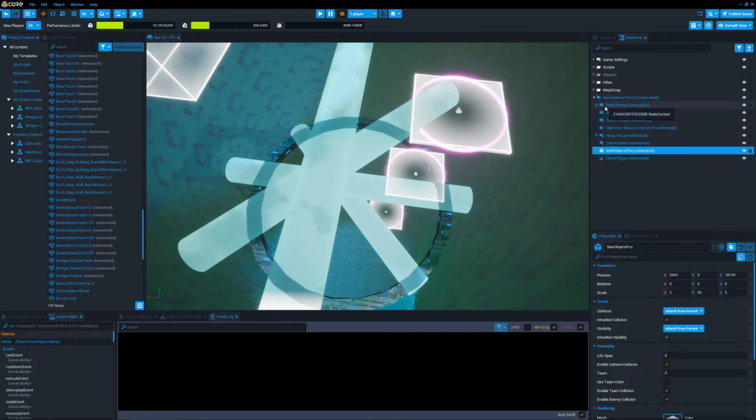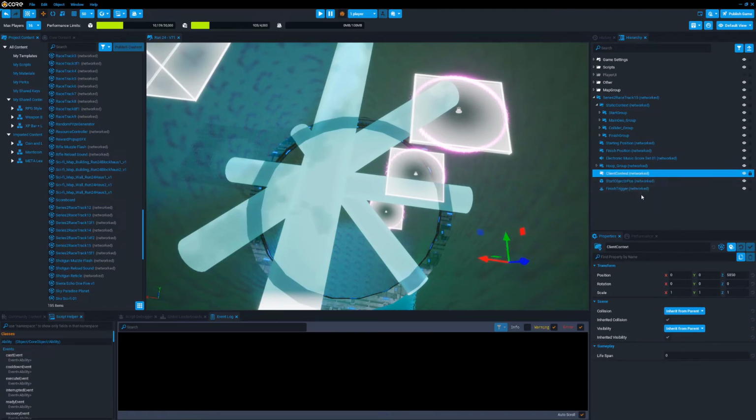But even with this, because once again, the static context, we've really cut back on network properties, or networking rather. I keep saying that. So we also have a client context here, so I believe some stuff spawns in when the map is created or spawned in as well. You can also spawn client context objects under a client context without having those objects networked. And so, yeah, I'm kind of getting all over the place, but the gist of it is that